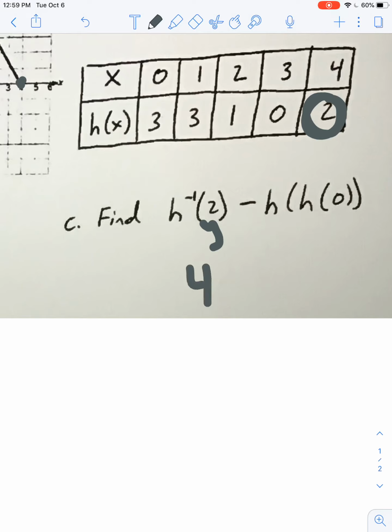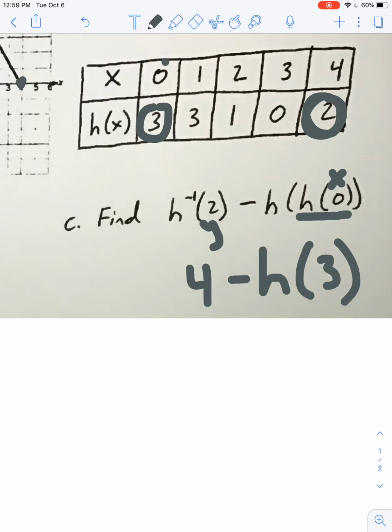Then over here, I have to find H of 0 first. So it's not inverse. That means when X is 0, right up here, the Y value is 3, right there. So now this is H of 3. H of 0 is 3, so I replace H of 0 with 3. And now I have to find H of 3. So I go to where X is 3 in the table, right here. And the Y value there is 0. So H of 3 is 0. So 4 minus 0